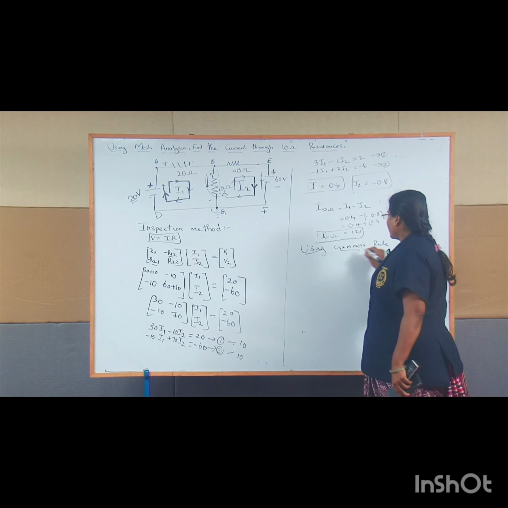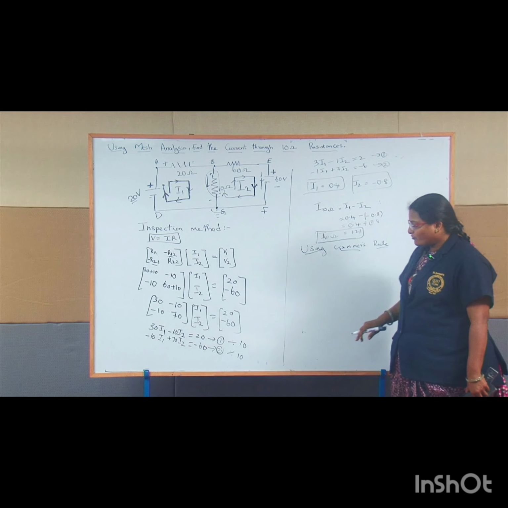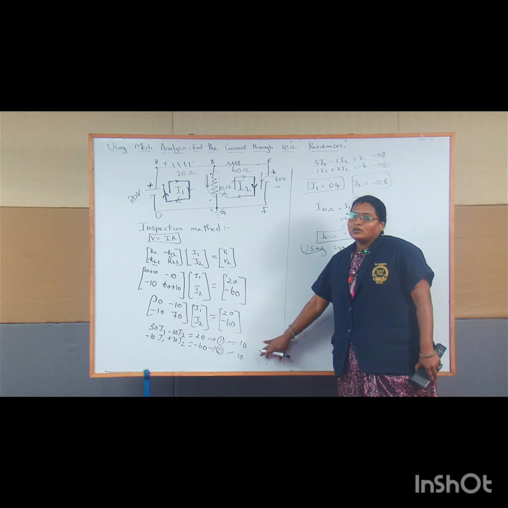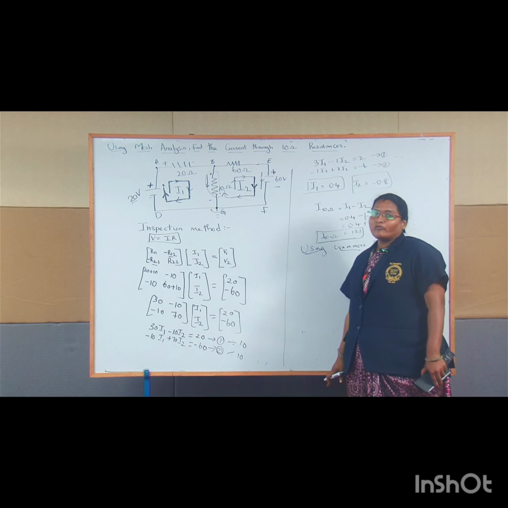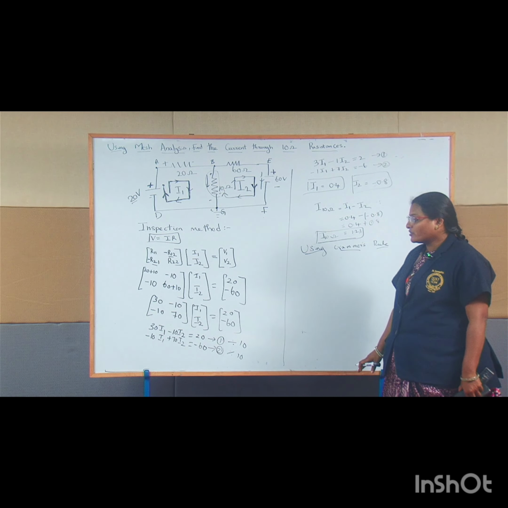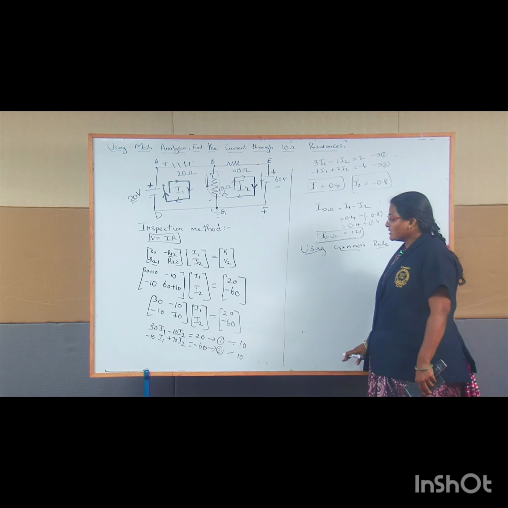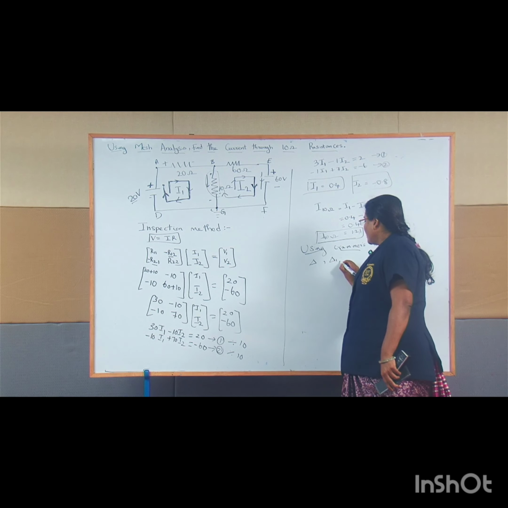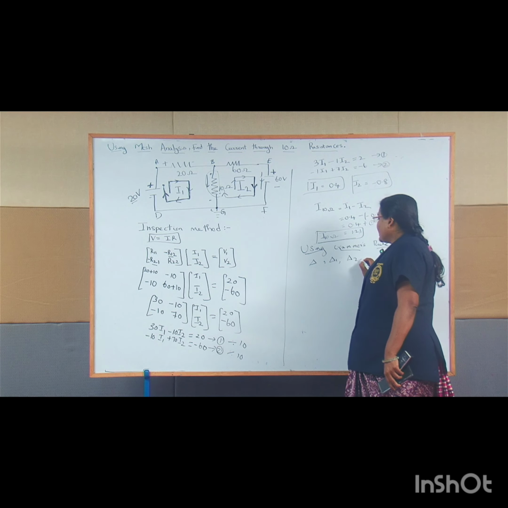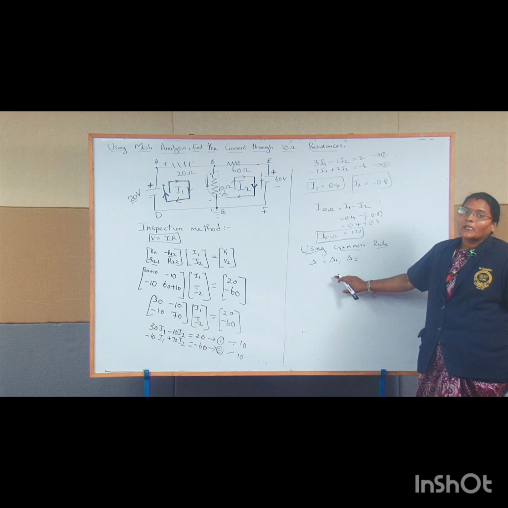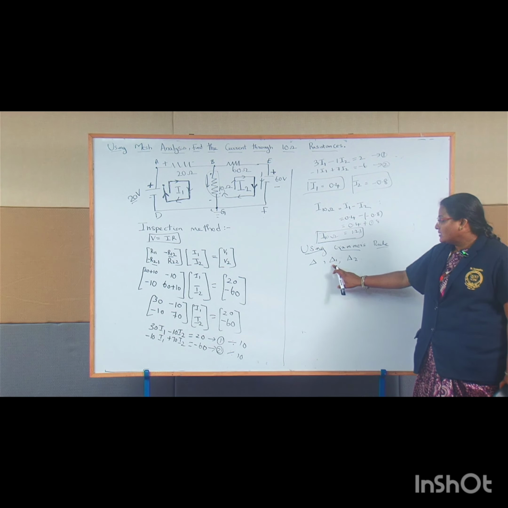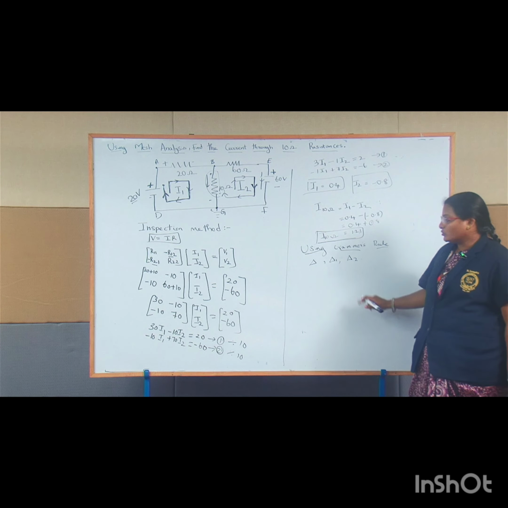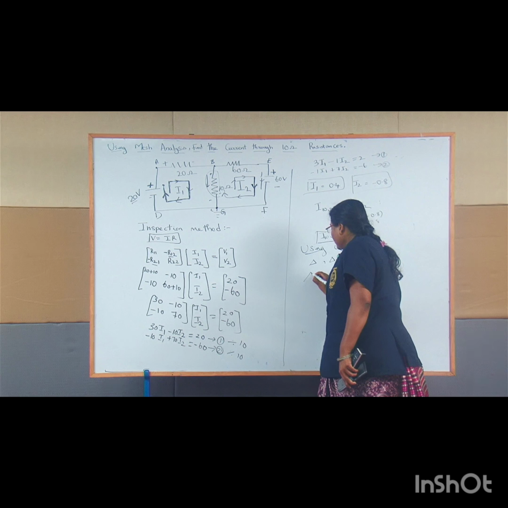Using Cramer's rule, you do not need to form the equation. From the matrix, you have to find the determinant of the matrix and you can easily solve I1 and I2. For that you need del 1 and del 2. Del 1 and del 2 give your unknown parameters I1 and I2. So, for finding del,